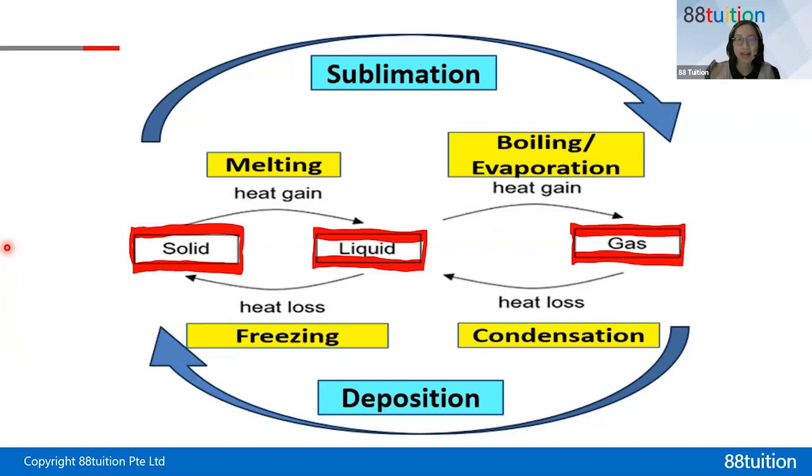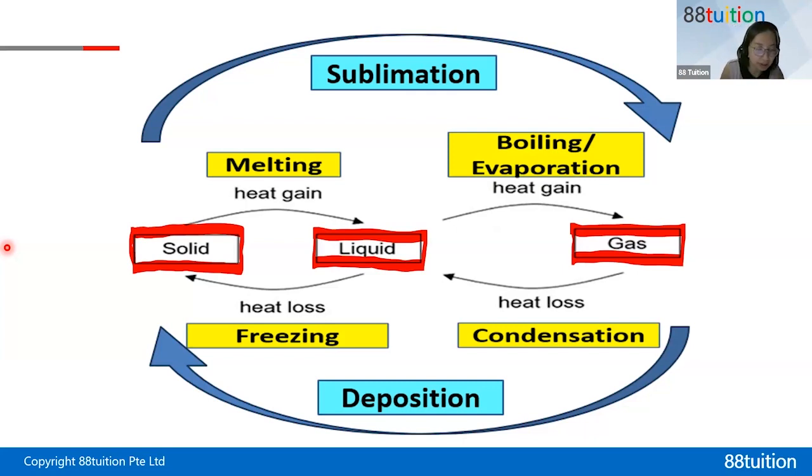So carbon dioxide gas, you cool it down to a very, very low temperature. You know how low it is? It's below 0 degrees Celsius. It's negative 78 degrees Celsius. You don't need to memorize the number. At negative 78 degrees Celsius, the carbon dioxide gas that you are breathing out now, if I cool down the gas, will straight away become a solid. Special case for carbon dioxide.